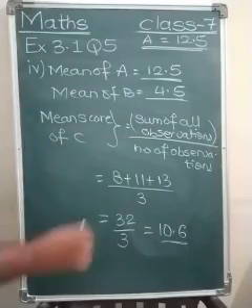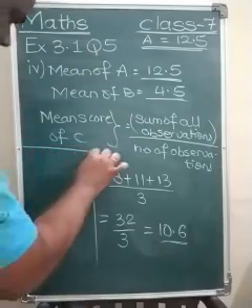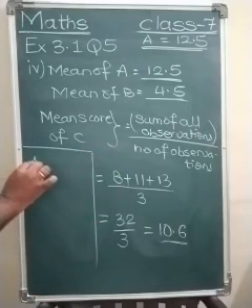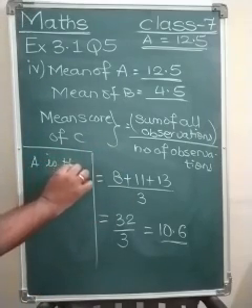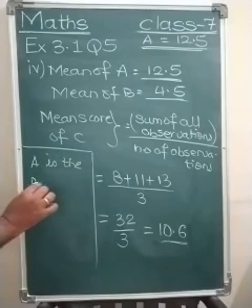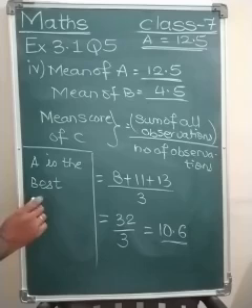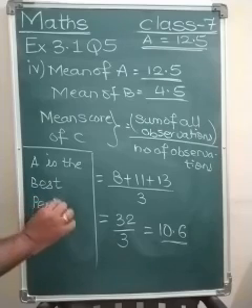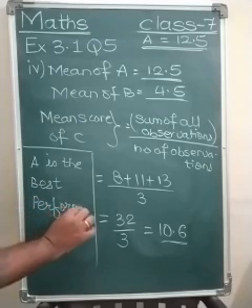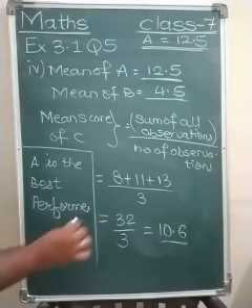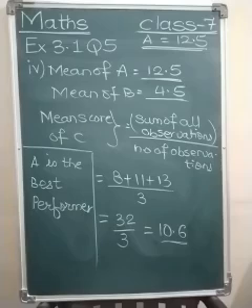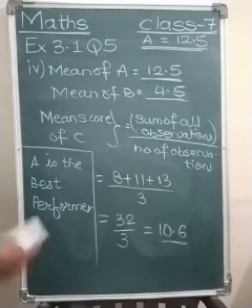So we write down our answer. I will write it here. A is the best performer. A is the best performer, and then the sum is done. So this is how you solve this sum, and we will quickly move towards question number 6. I will rub out the board.